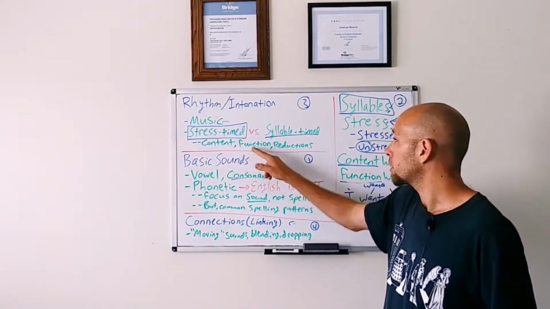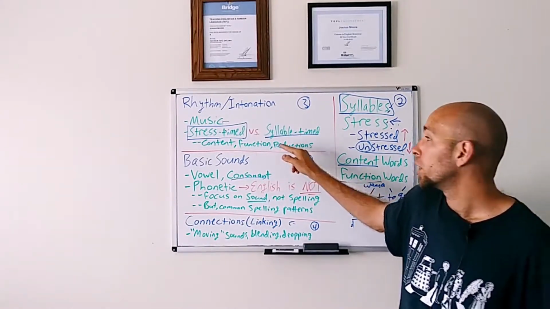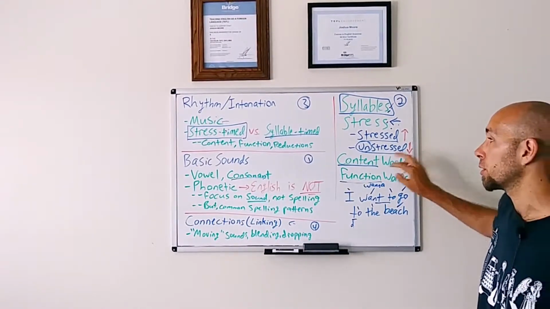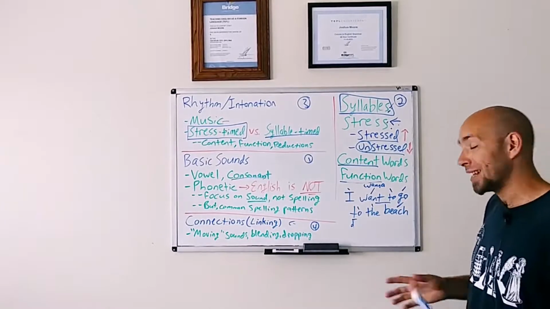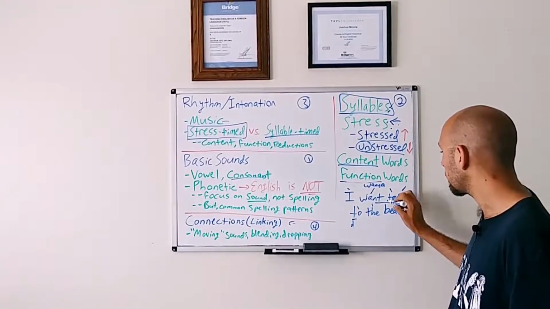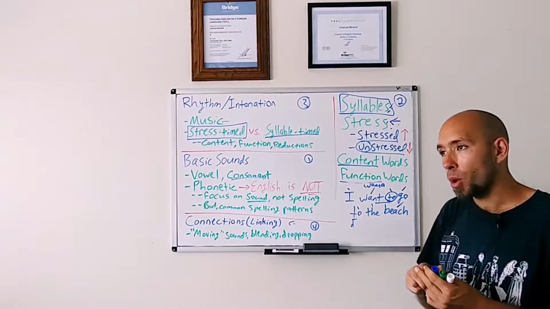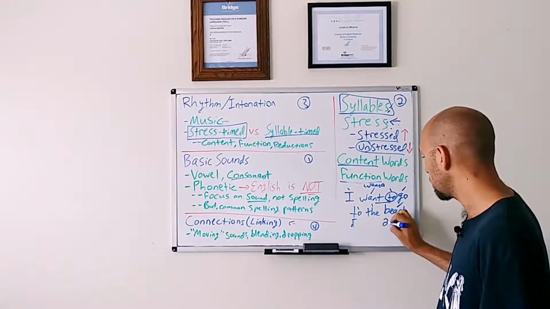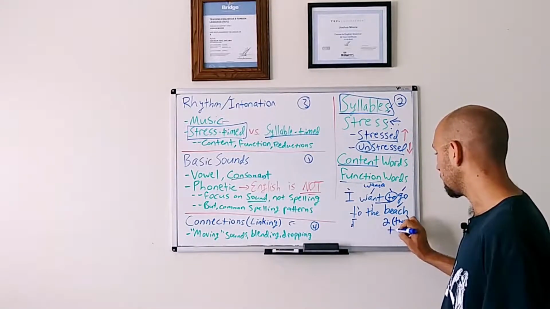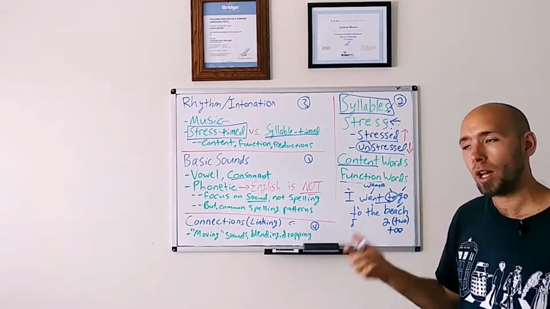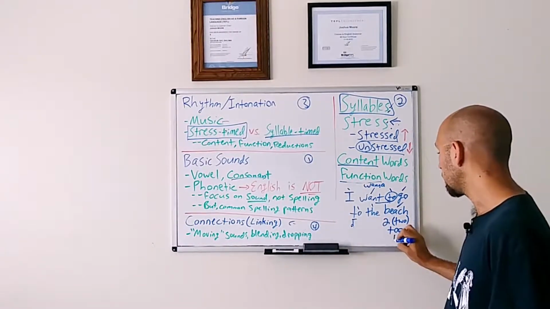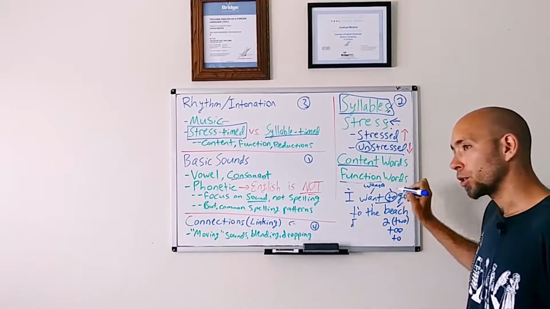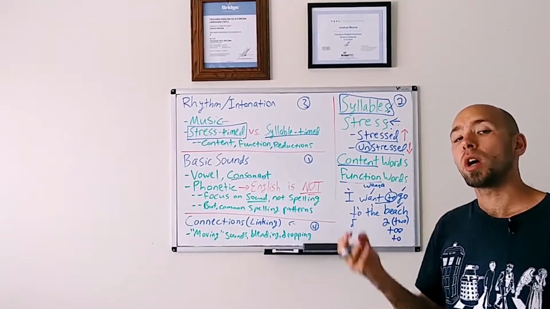Lastly, right, so we have the content words, the function words, and I also have this word reduction. So in a stress time language, it's very important to know the content words and the function words, but it's also very important to know about reductions, because this word here, for example, is supposed to be pronounced two, right? That's the full pronunciation, just like the number two, just spelled T-W-O, and just like this word, T-O-O, meaning also, I like it, too, I like it also. So this word is supposed to be pronounced the same, but this particular word almost always gets reduced to T,